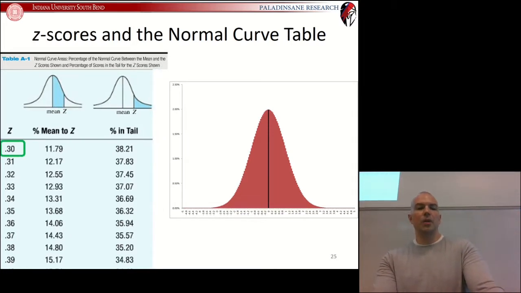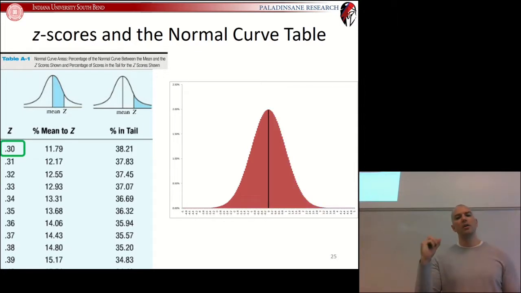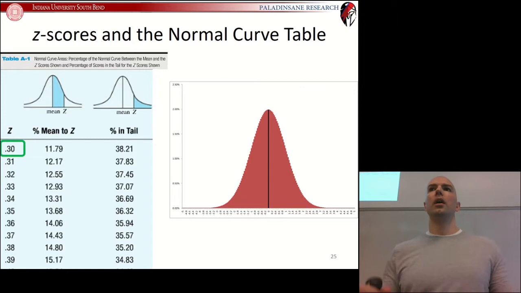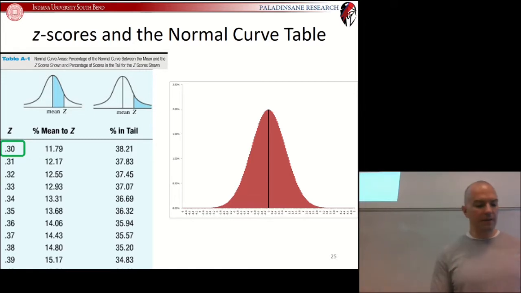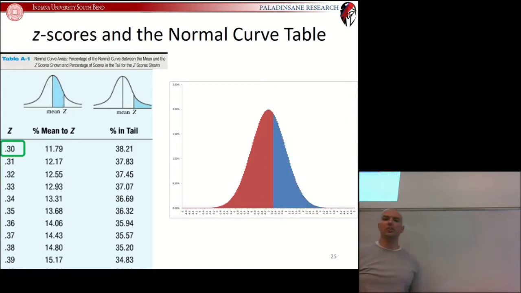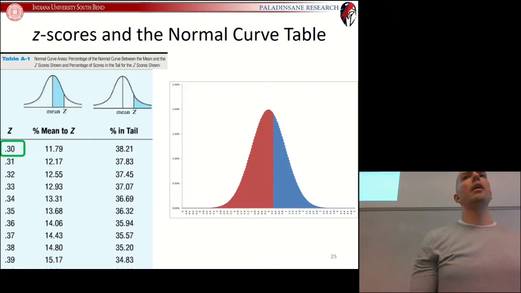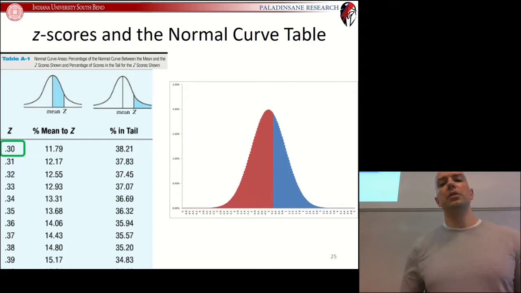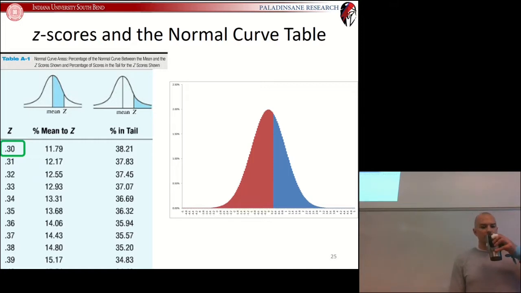So let's say that we wanted to know what is the percent in the tail when you have a z-score of 0.3. So if you have a z-score of 0.3, what percentage of individuals are at that score or above that score? Basically, what percentage of individuals are in that blue area right there? So what we would do in that case